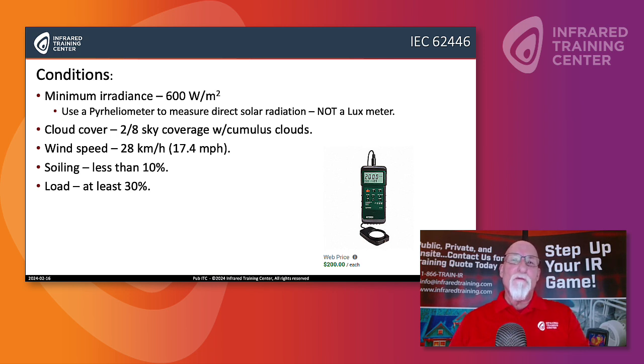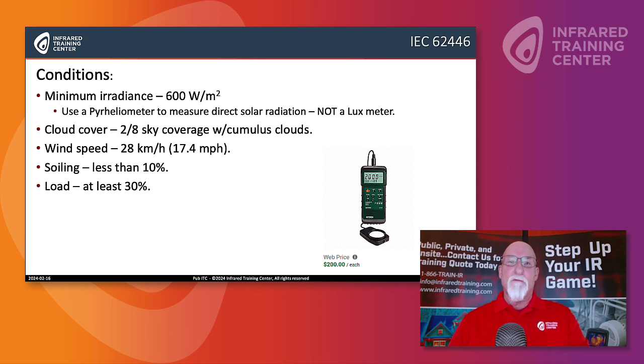This is really for the radiant energy of the actual sun that's hitting the panel. We want to have at least a good coverage of sun in the cloud. So if you've got 2/8 sky coverage, you're doing well. Anything more than that, it's going to block the sun's energy from hitting the panel. Cumulus clouds are fine. If we start to get into overcast conditions, you're probably not going to be very efficient